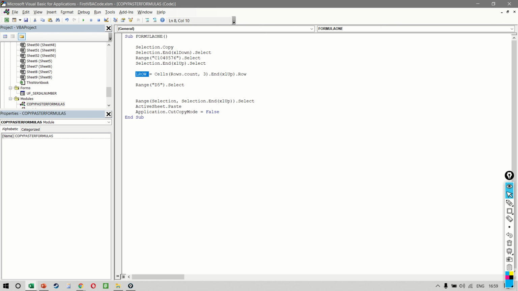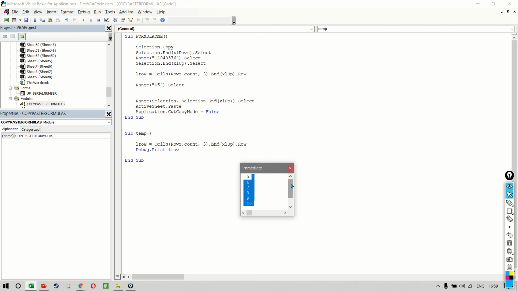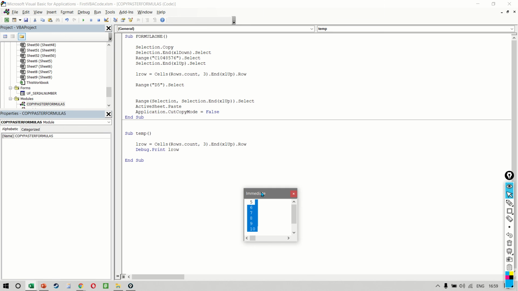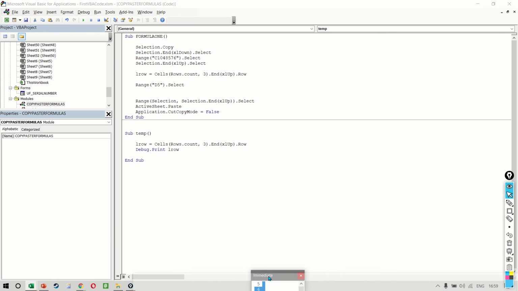So if you're getting a little confused, what I want to do here is to simply show to you separately how this result will come. Okay, just watch this. So I'm just putting it in a temporary subroutine right now. And we want to say Debug.Print LRow. Let's see what the result is. So in our immediate window, let me just put the immediate window where it belongs.